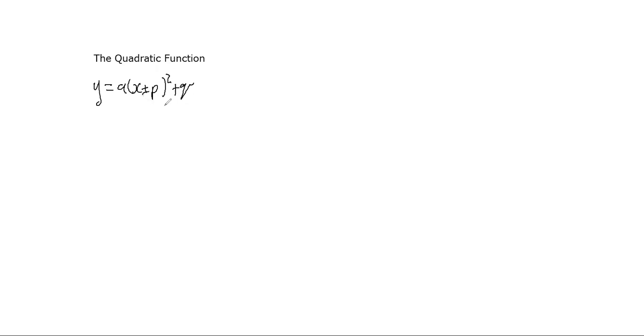And at least in grade 11, you were able to shift this graph horizontally. We've explained this previously, and vertically. Again, I'm using the same parameters. And as I said, this is your shape parameter. In the case of a linear function, a determines whether you're going to have a positive slope or a negative slope. But now, in the case of a parabola, you have the same kind of shape, but it is in